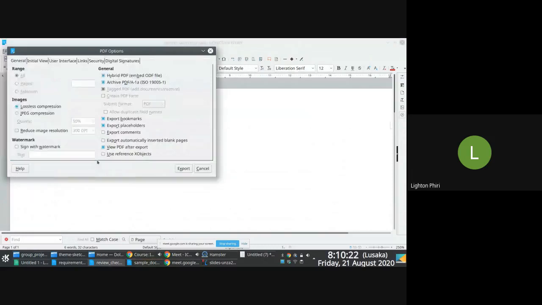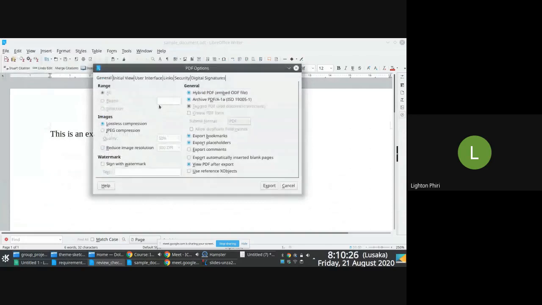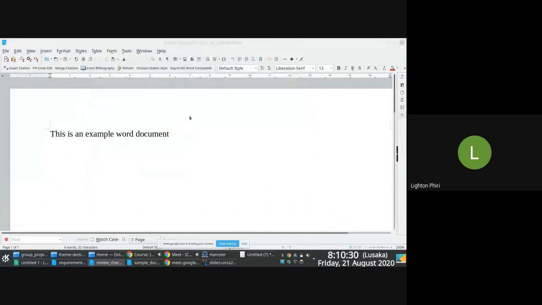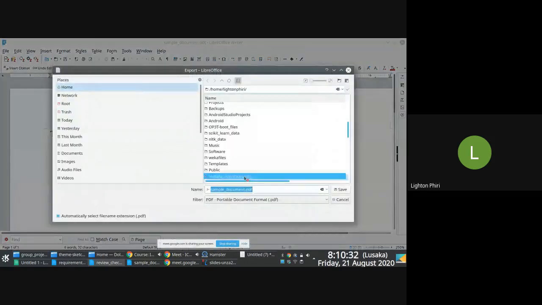So essentially you're telling the CPU that you want to re-encode the data in a completely different format, right? So if I export this to something like a PDF, correct,